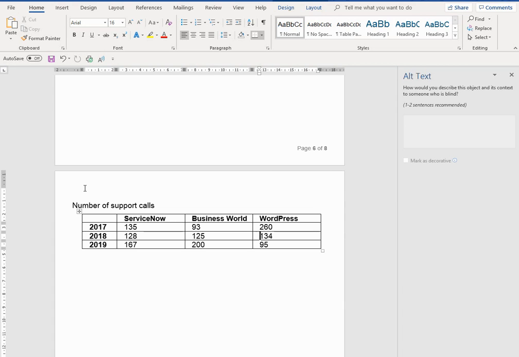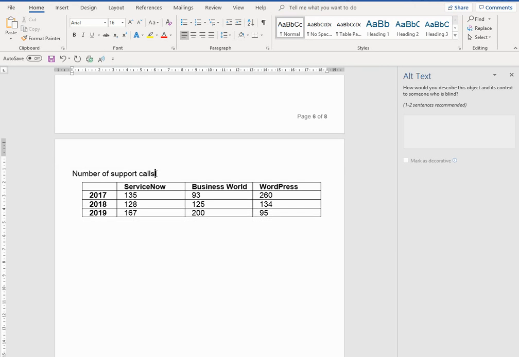Column 4, 134. Another option that the screen reader user has is to listen to the alternative text for the table, if you've added it. When the table is read out, the screen reader user will be able to hear if you've added alternative text